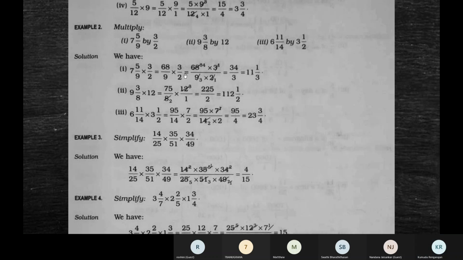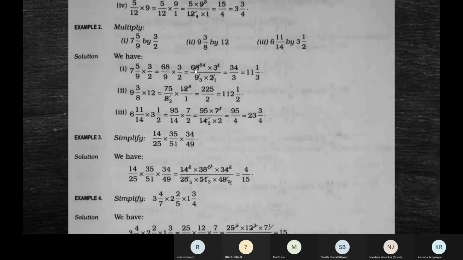Next. Ma'am, next we have to reduce 68, the numerator by the denominator, ma'am. Then 68 by 2, ma'am. We will get it as 34, ma'am. No, 1 minute. The next step is to multiply the numerators. Multiply the numerators. 68 into 3. Write it here. And multiply the denominators. 9 into 2. After that, as you said, you should take 68 from the numerator and 2 from the denominator and simplify. Which tables? Ma'am, in 2 table. Yeah. So this number 2 divided by 2 is 1.